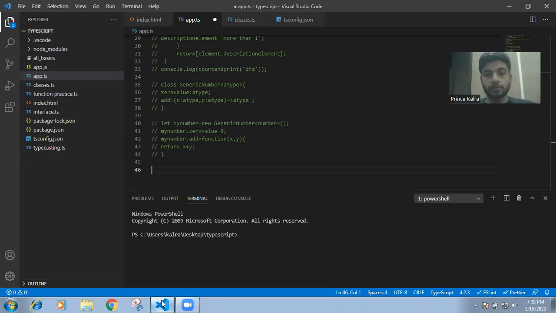Next, our topic is generics. Let's do generic utility types. Generic utility types are used to improve or use the extra features of the generic type. So let's start with making a